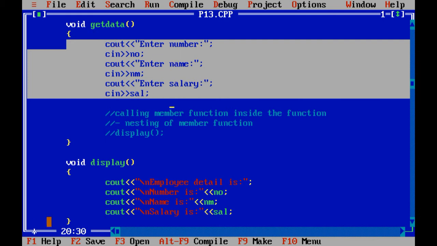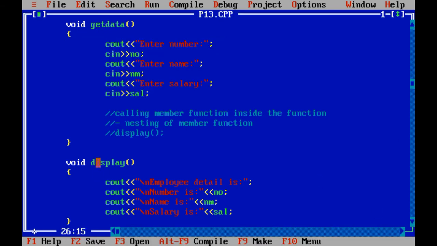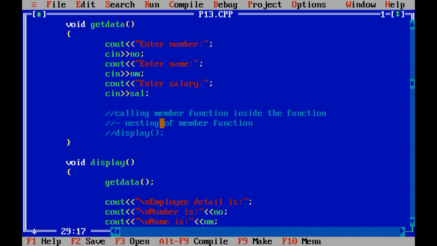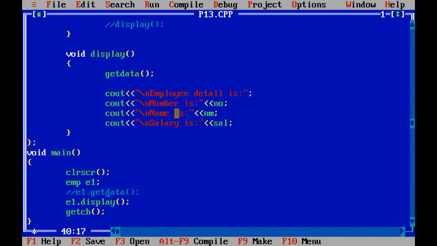So right now what is my requirement? I want to call the get data function from the display function. So at the very beginning of the display function I need to call the get data. Now how does the program execute? It will create the object of the employee class. After that it calls what? The display function.